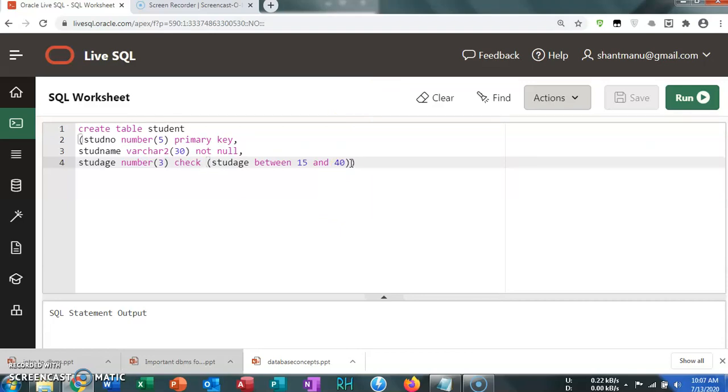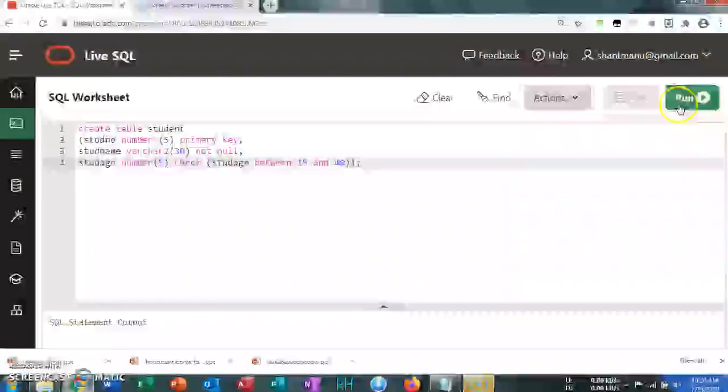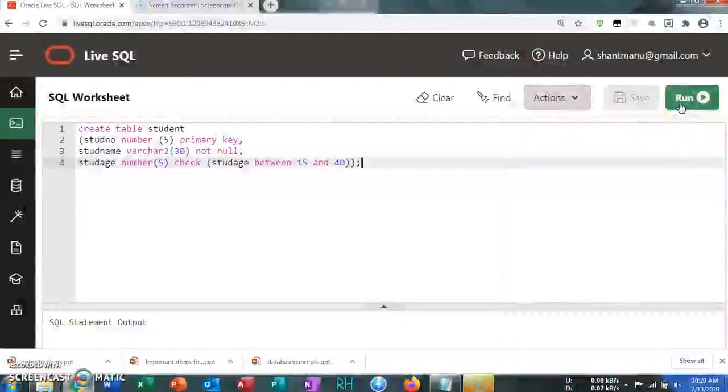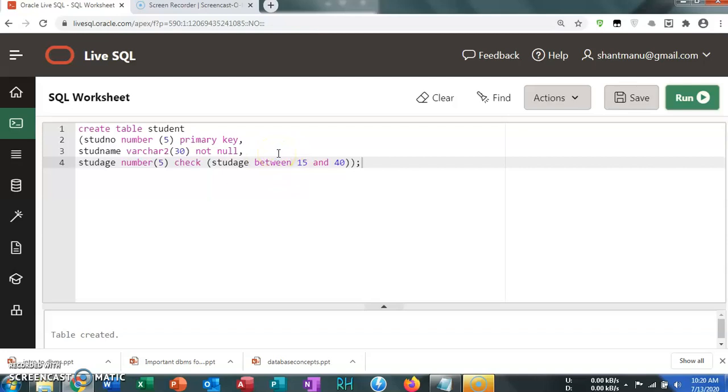So let's complete the second bracket, semicolon. So okay, run this command. So you will get a message here, table is created. So if it has any error of comma, semicolon or whatever it may be, then you will get an error here. But now table is created successfully.